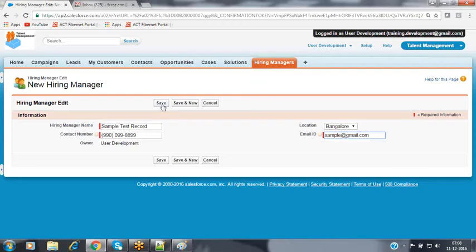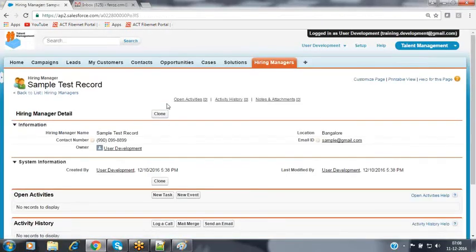When you click on the save button to create that record, the record will be saved here. Now you will be getting only the clone access. You do not have the rights to modify the record. You do not have the rights to delete the record, because at the object level itself, they have removed that permission. We cannot modify or delete that record over here.